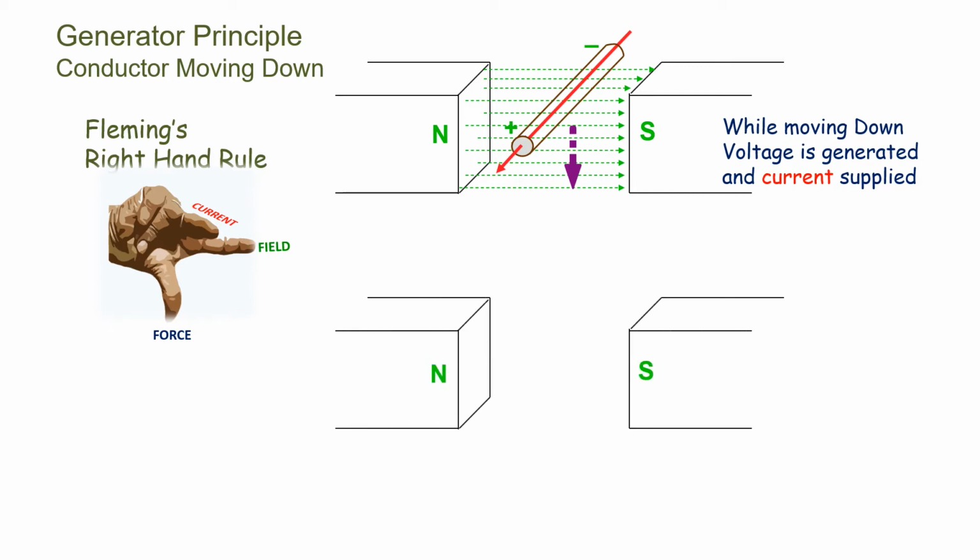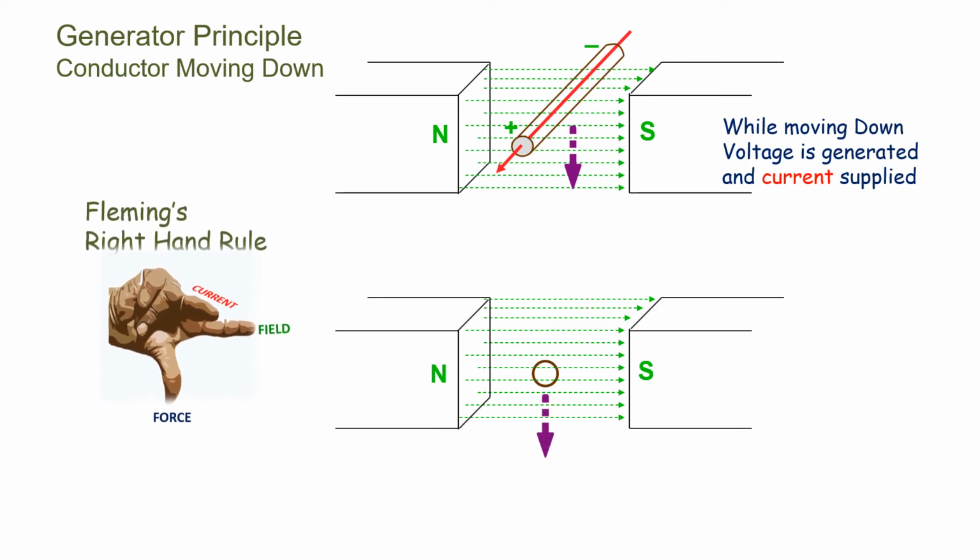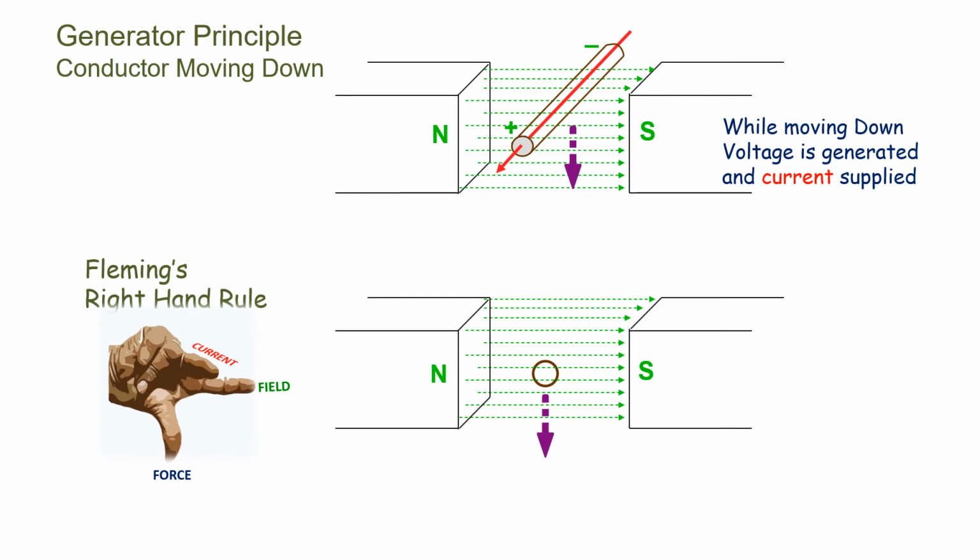Let us understand the same concept by means of another figure. We have the field towards right side. Conductor's cross section is shown now, kept in the magnetic field. Move it downwards. Apply again the right hand rule. For this movement, thumb is shown downward in the force direction, the first finger in the field direction towards right. The second finger shows the current coming outward from the conductor.